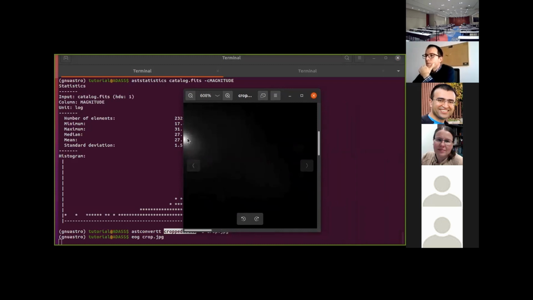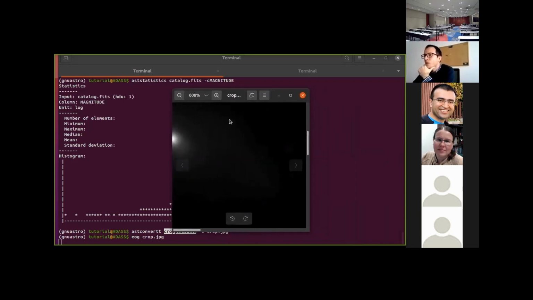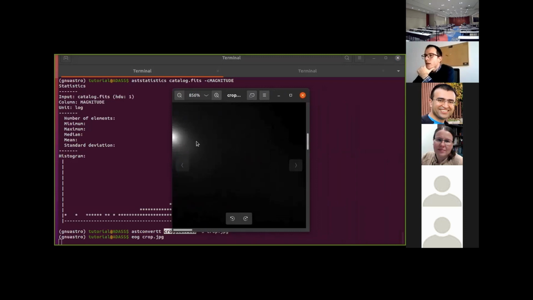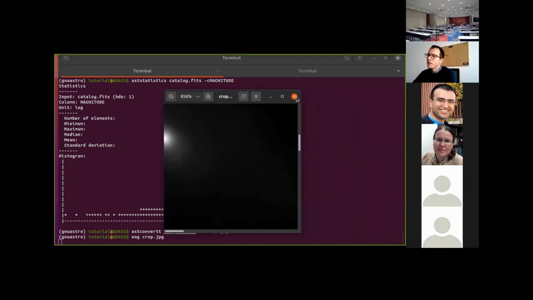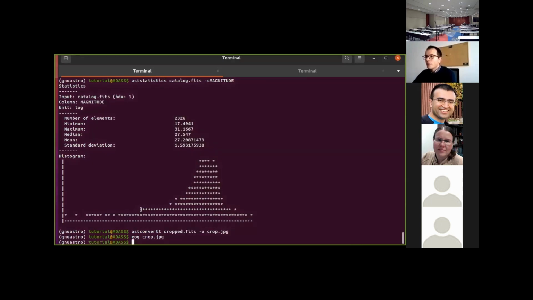So AST convert by default is trying to represent the entire range of pixel values in a linear scale. And because the central part of the very bright object has a pixel value very high, and the sky background have pixel value very low,